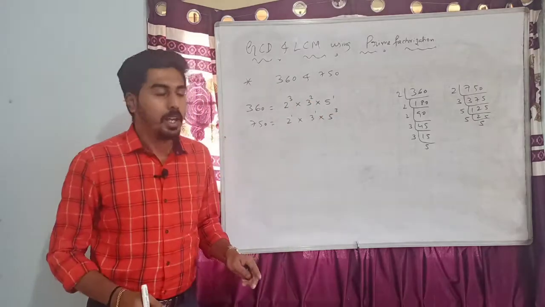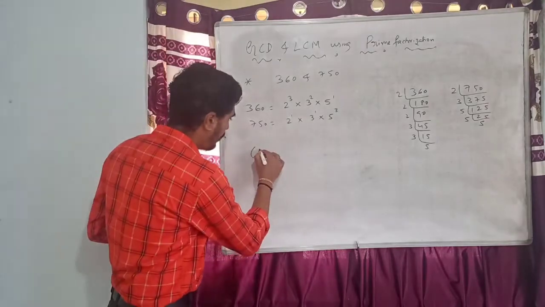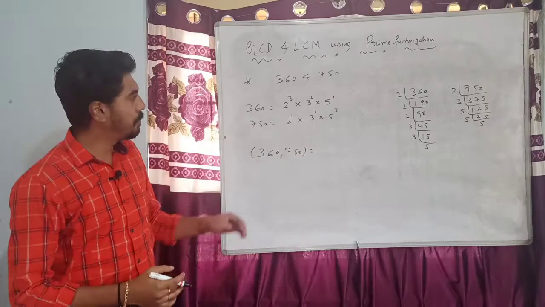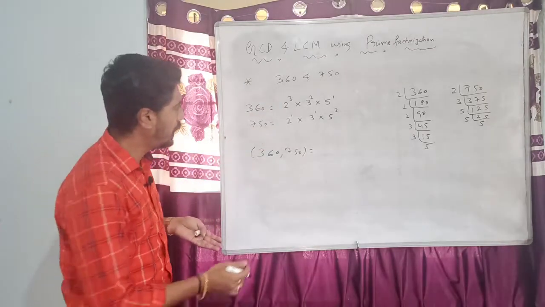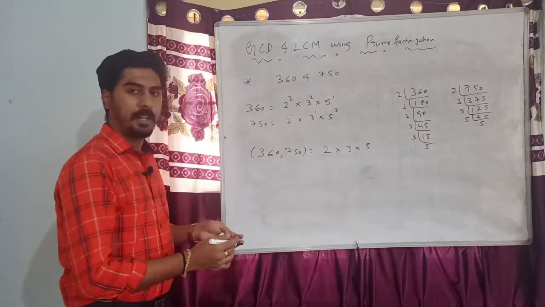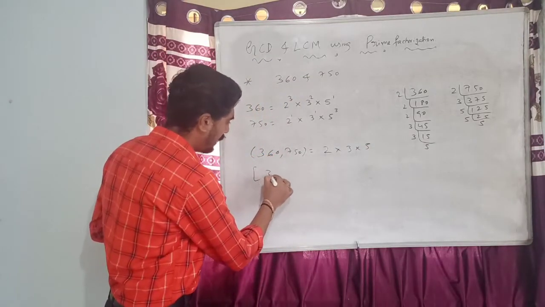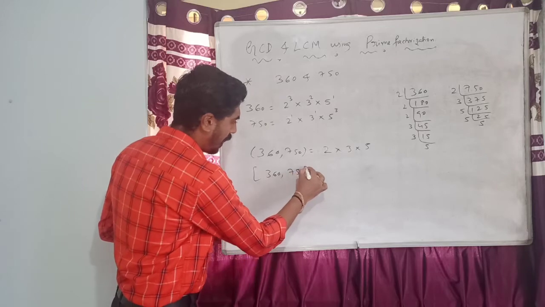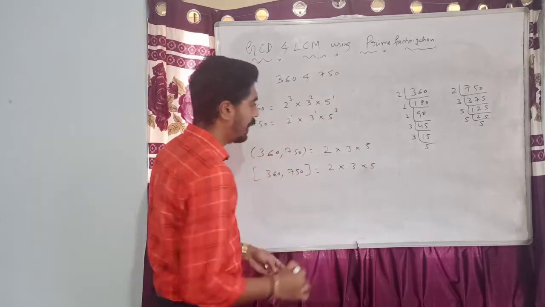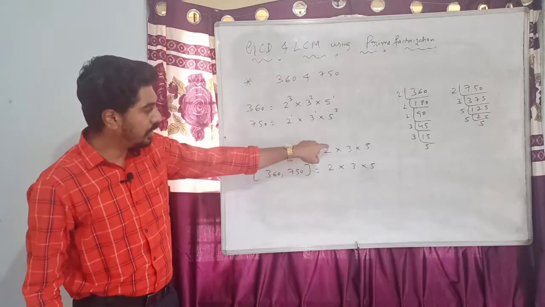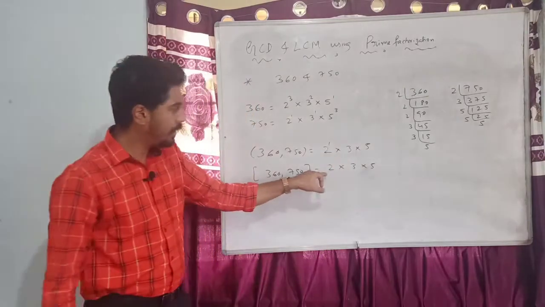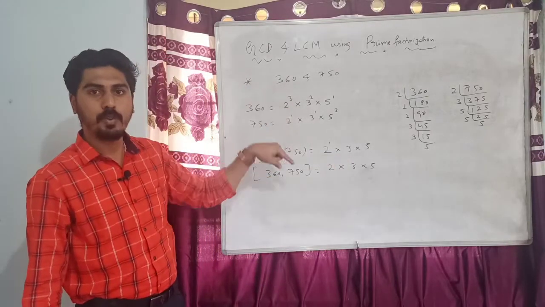Okay. Now the GCD of 360 and 750 contains the same prime factors as 360 and 750, that is 2, 3 and 5. And the LCM of 360 and 750 also contains the same prime factors 2, 3 and 5. For the GCD, the power of 2 is the minimum of 3 and 1, which is 1. Here the power is the maximum of 1 and 3, which is 3.